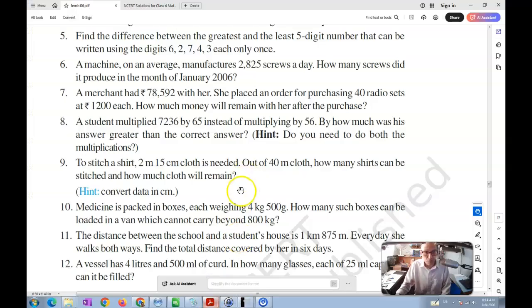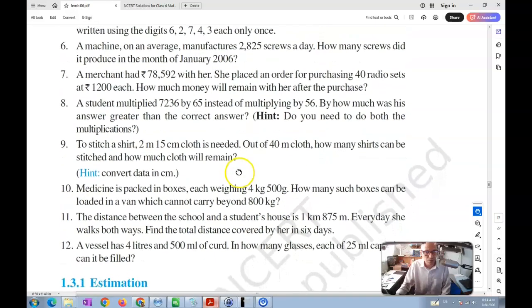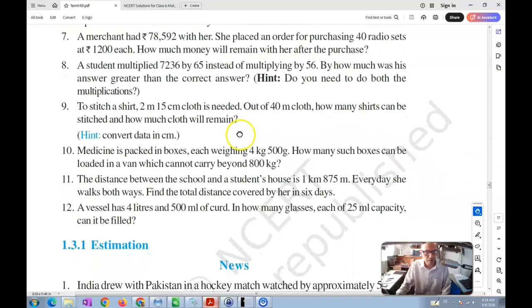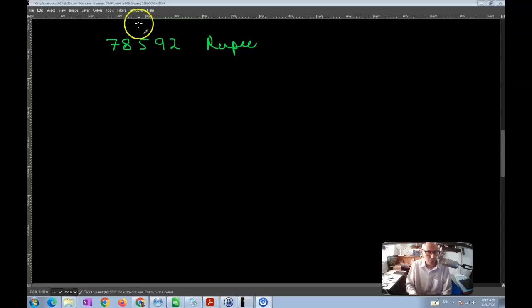Now the next question is question number 7, which is: a merchant had 78,592 rupees with her. She placed an order for purchasing 40 radio sets at 1,200 rupees each. How much money will remain with her after the purchase? Okay, so we have